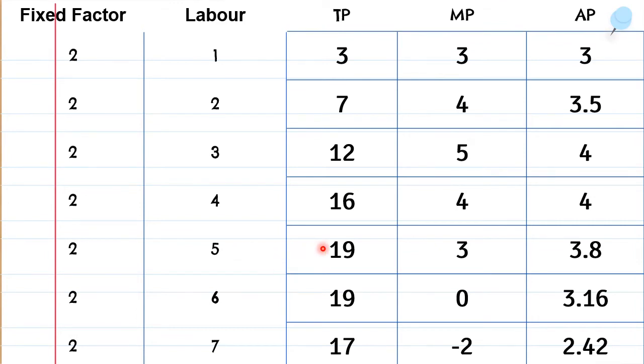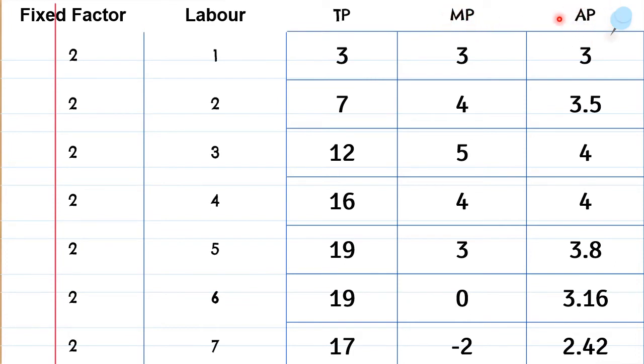When another unskilled laborer is employed and added to the process of production, they produce 19 units of the product. When another laborer is added to the group of 5, they seem to produce a total product of 19 units. Then again, the employer adds yet another unskilled laborer, and together the 7 of them produce 17 units. So you see, towards the end, it is seen that productivity actually declines. So let us study this further.